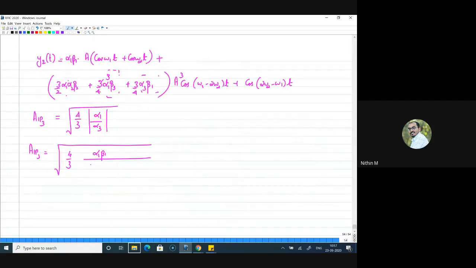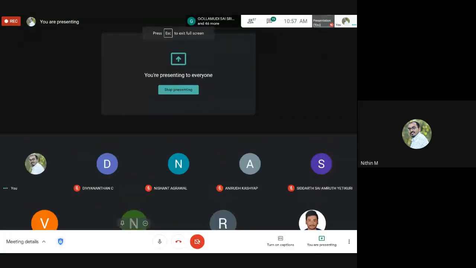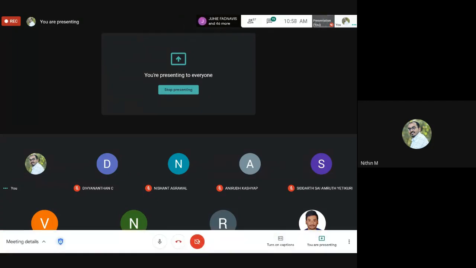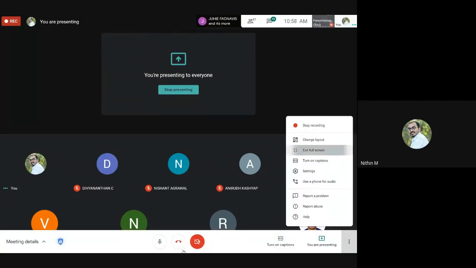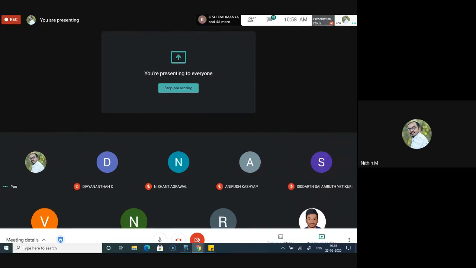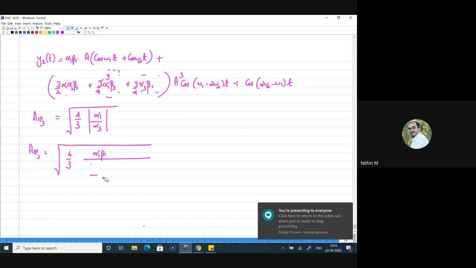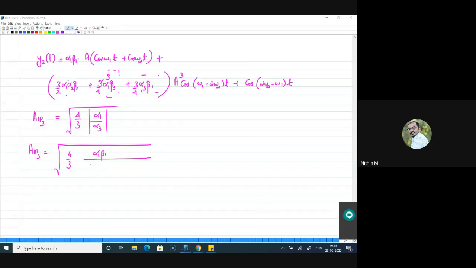So if I continue this analysis, I will arrive at the same expression. Now the question is, yesterday when we discussed, I mentioned that we can neglect that term, which is